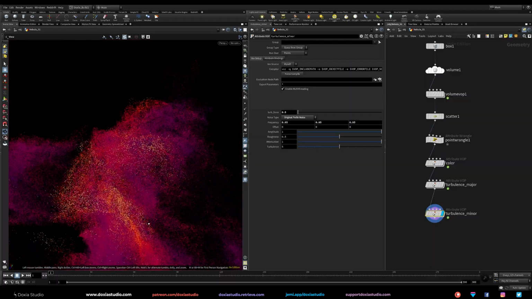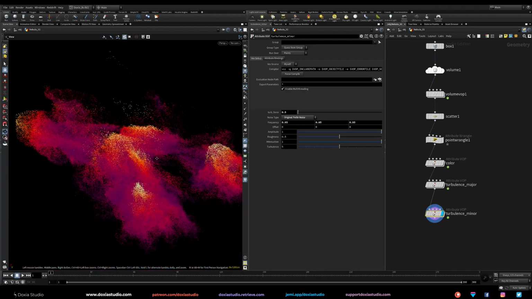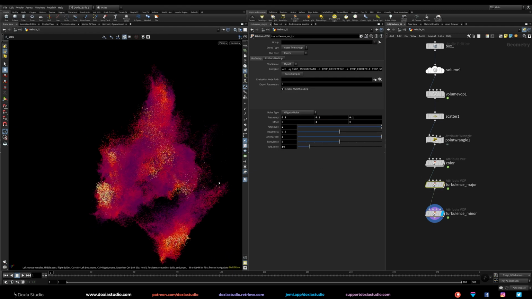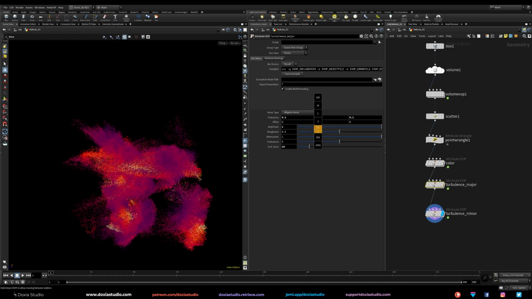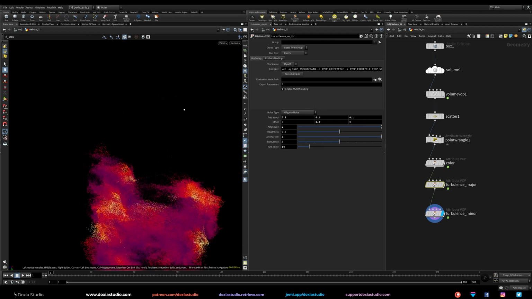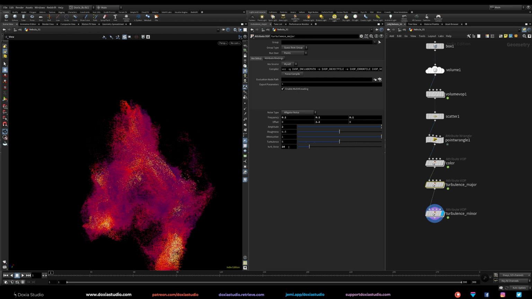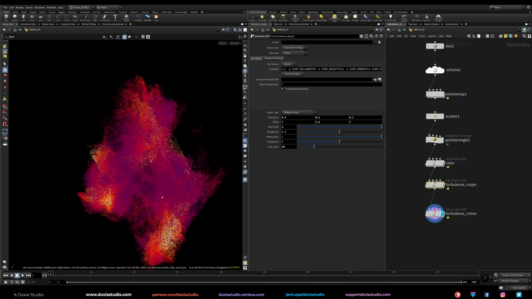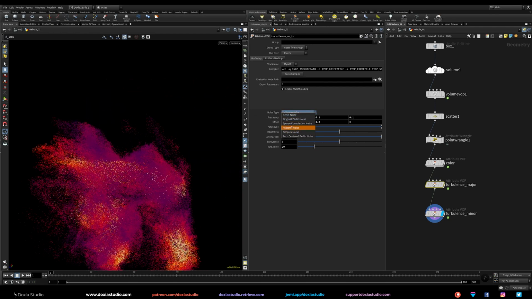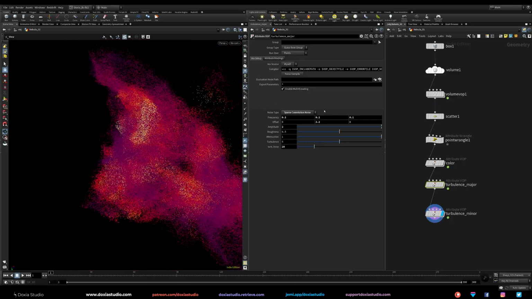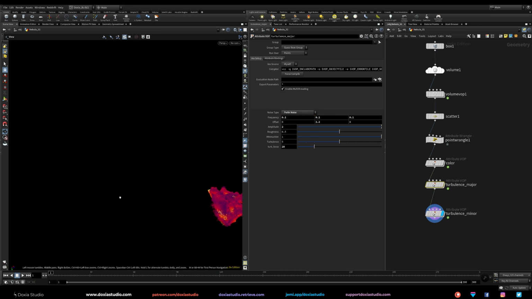Let me check somewhere close. That is nice. I think that shape is really cool. And of course, if you want, you can always come here and try to get a different shape as you want. Okay, I think that's cool. And maybe increase this even more. And let's try another one. Just trying. Oops, where is it?